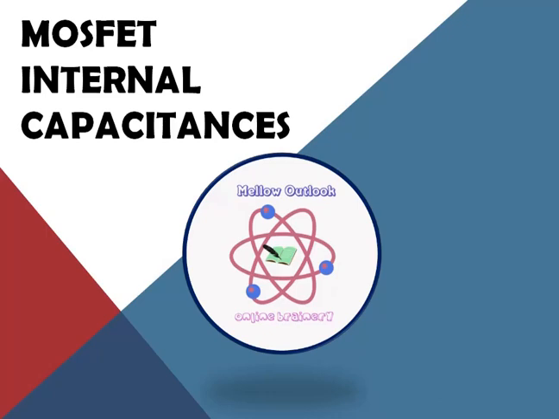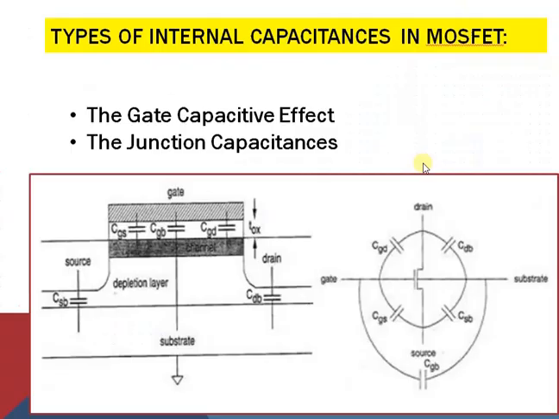MOSFET internal capacitances. For a small signal model, we had not included any capacitances. These models will predict constant amplifier gains which are independent of frequency. However, the gain of every MOSFET amplifier will fall off at some high frequency. Therefore, to predict the results, we consider that the MOSFET must be augmented by including some internal capacitances.